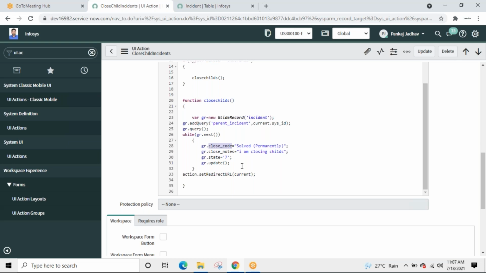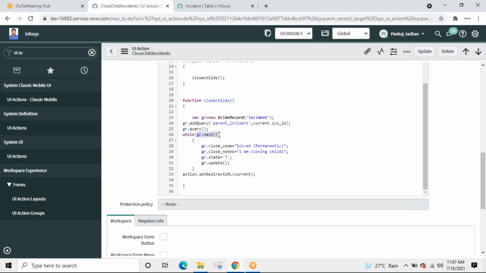And until we put that, it won't allow us to close the incident. But now we want to auto close, so we are providing those values from the backend. close_code, close_notes, state equal to 7 means resolved, and then update that incident. One single incident done. Again, iterate the loop.